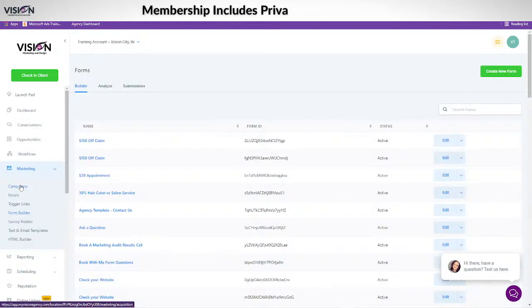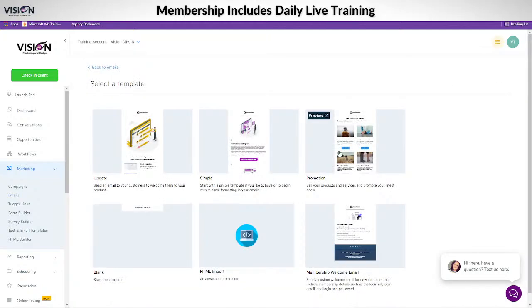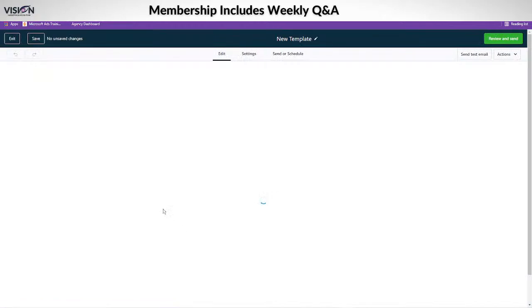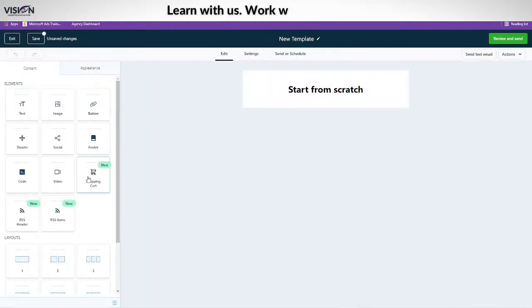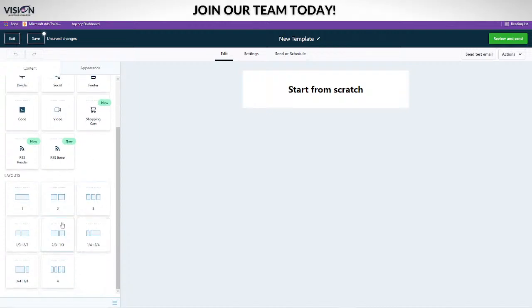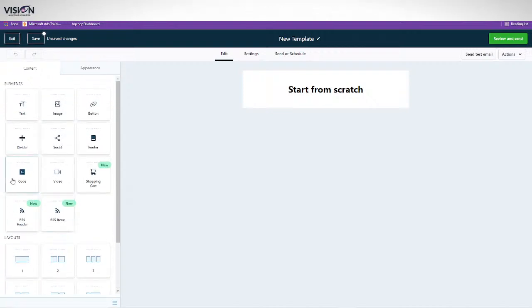If you're looking for campaigns or emails, let me show you this real fast, because I was just setting up my emails, and man, the way that it's all done is just so beautiful. You have a shopping cart here. You can actually have people purchase directly from your email. You have all the layouts just like we do in the builder. You have RSS feed headers and items here that you can use.